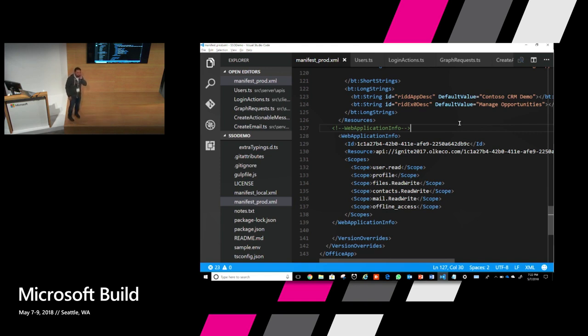So the question is, let me repeat it so that you can tell me if the question is right. I think what you're asking is, would the app still work if the Azure Active Directory app is a V1 app? So the short answer is that in order for SSO to work, the app needs to be a V2 app. So you will have to create another V2 app, but it will simplify the flow significantly.